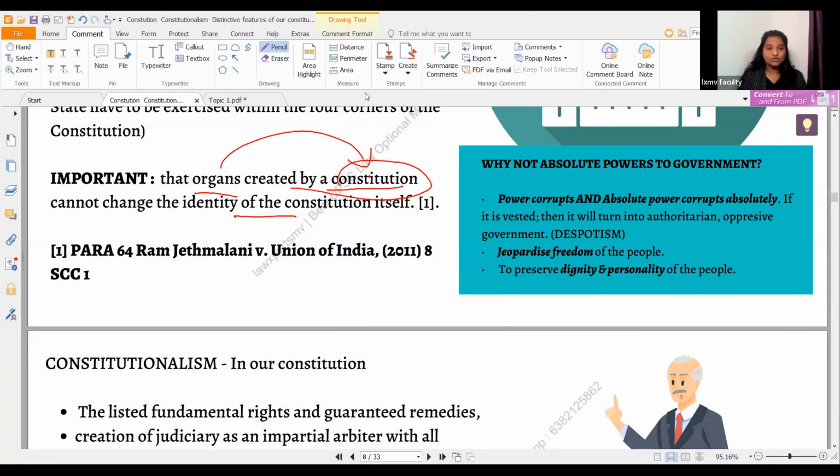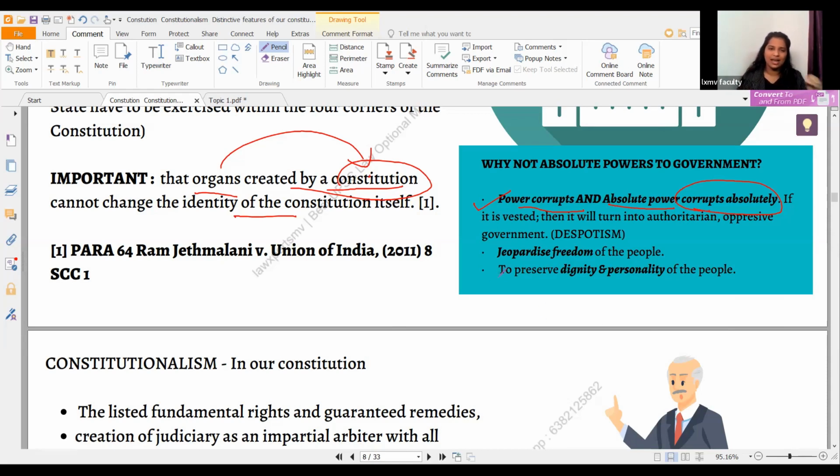Now, we were talking about constitutionalism is the antithesis of arbitrariness and despotism. For this, you have to give 2 points. First point, there is a saying that power corrupts and absolute power corrupts absolutely. So when this happens, if a government, a state is given absolute power, then it ends in total arbitrariness and corruption. To stop this despotism, we have created the mechanism constitutionalism.